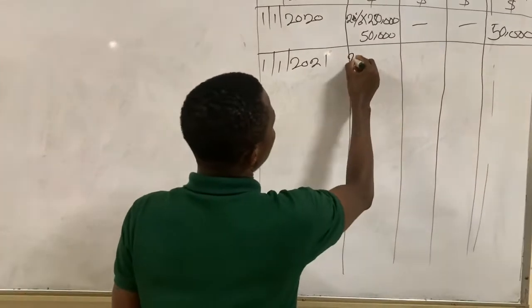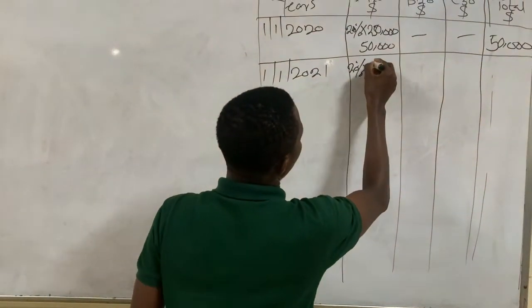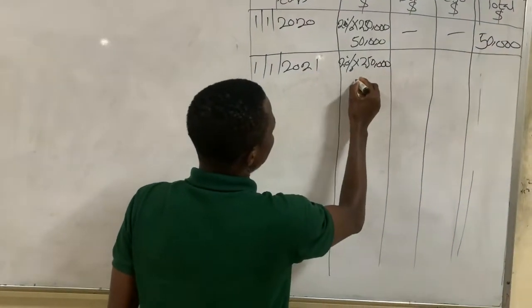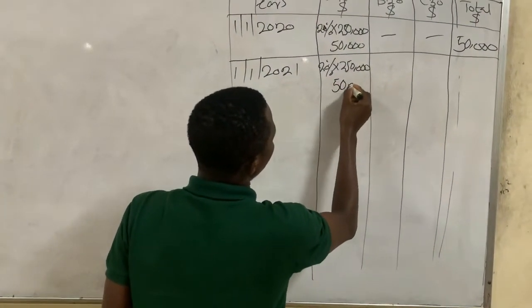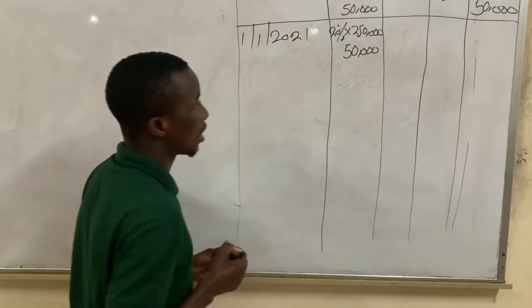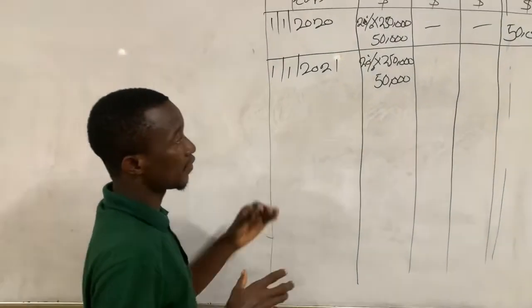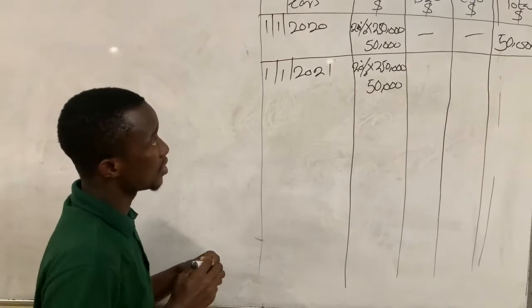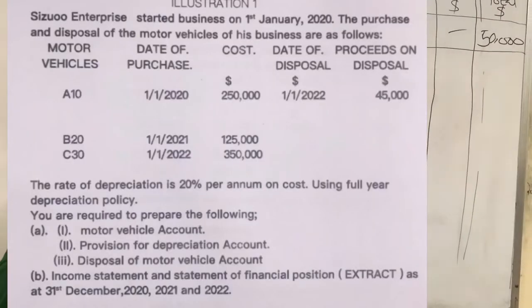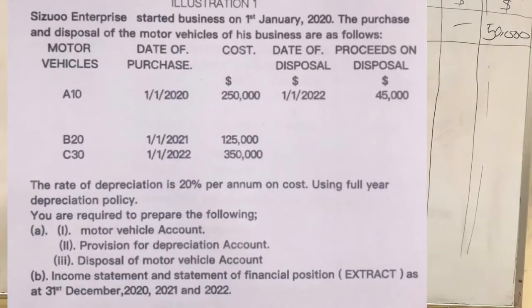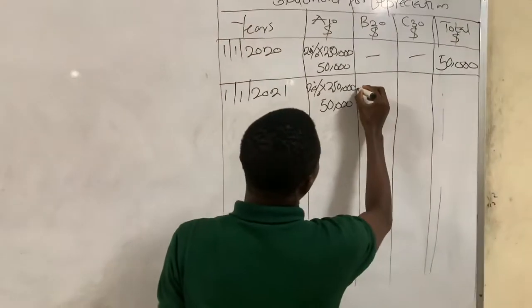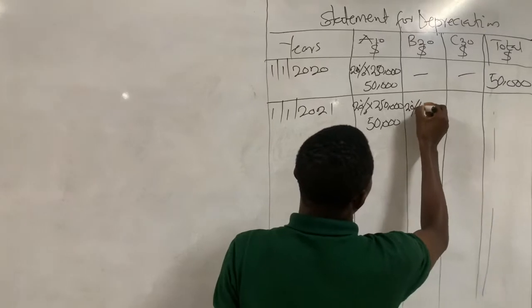So that is 20% on the 250,000, and that is 50,000. Then after that, we look at the acquisition for the year. That is B20, and the cost is $125,000. So that is 20% on